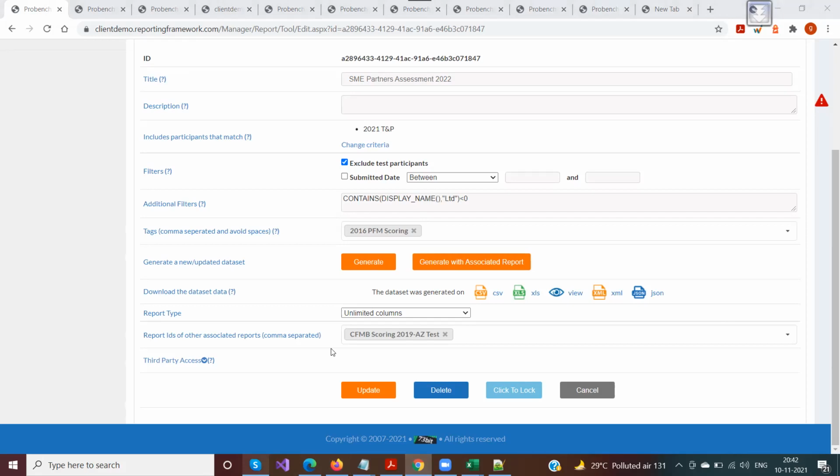Got it. Sure, we can definitely have a chat about this. And as we are talking about Power BI, one of the things that we are going to take up in our upcoming sprint is adding one more option here for a Power BI format.